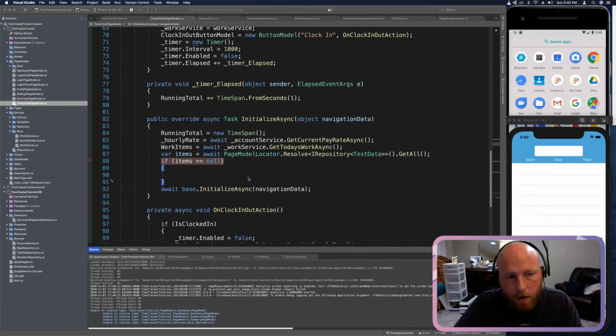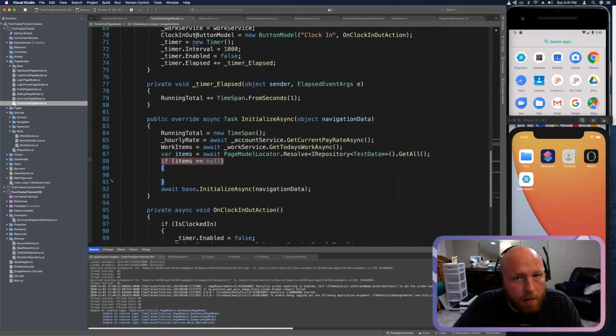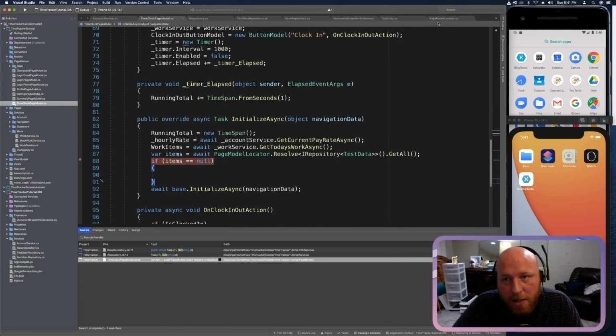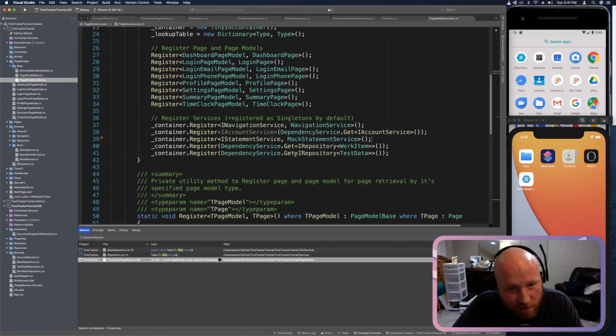Oh, yep. All right. Fair enough. So we have a page model locator resolution exception. And so that happens because while we tried to use dependency service to get this,